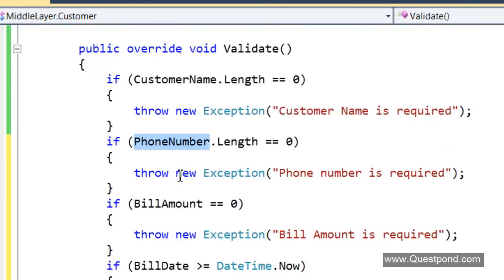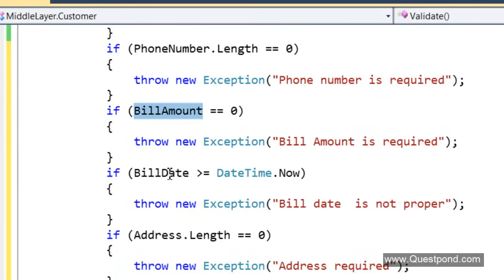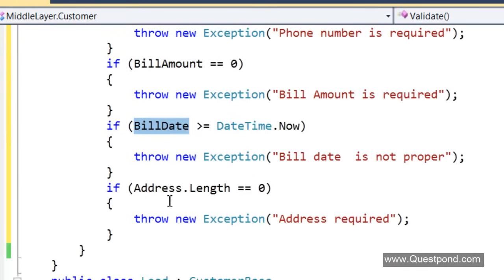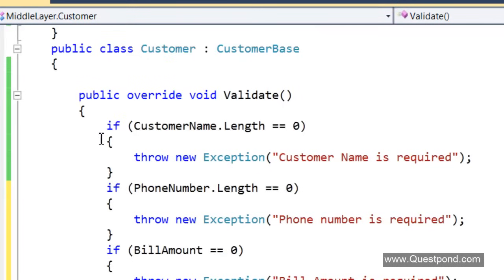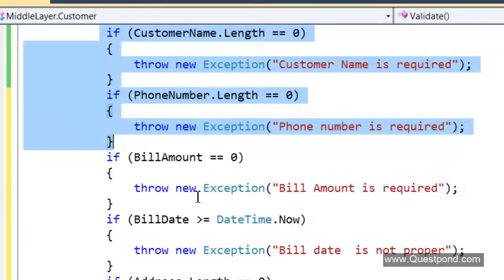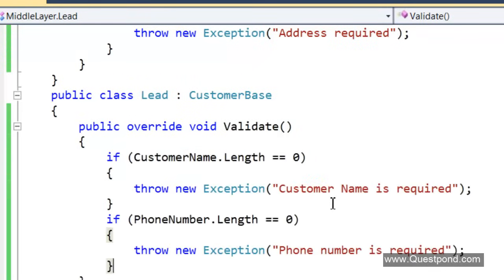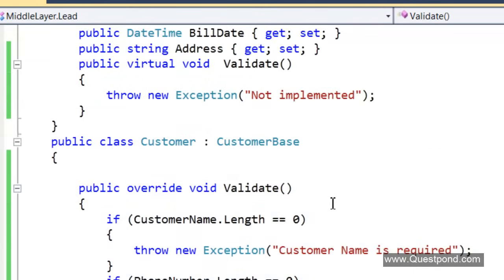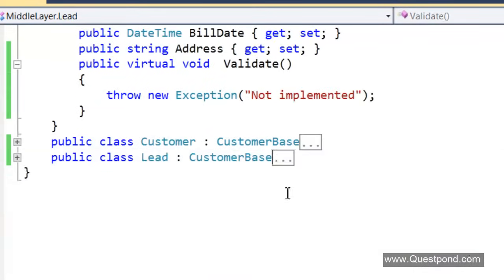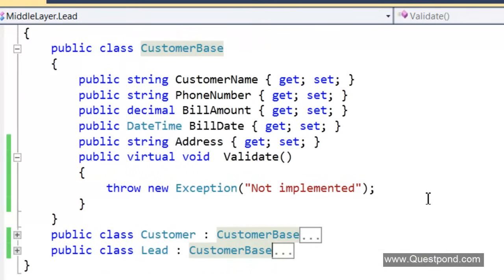So you can see phone number is compulsory, bill amount is compulsory, bill date cannot exceed today's date, address is compulsory, etc. But for the lead, only the name and the phone number is compulsory, right? So you can see now we have the customer and lead, which are actually concrete types, and they are inheriting from the customer base, and then they are overriding the validate method as per their requirements, as per their need.